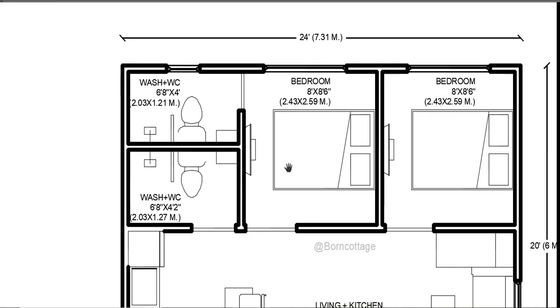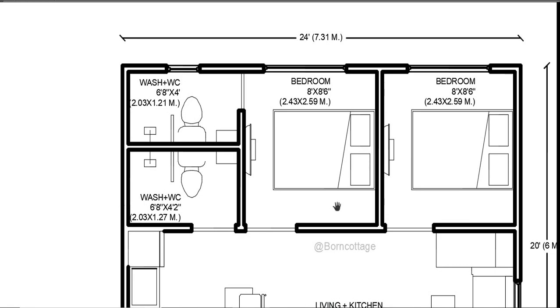And on the right side we have bedroom number 1. Here you can see the bed arrangement and also a TV unit on the front wall, and we have a large size window for ventilation and light purpose. Also we have an attached washroom plus water closet with this room. You can see here the wash basin, water closet and the shower area, and we have a ventilator for ventilation